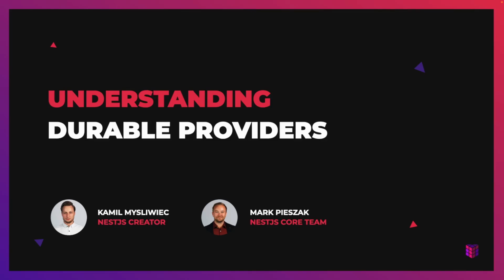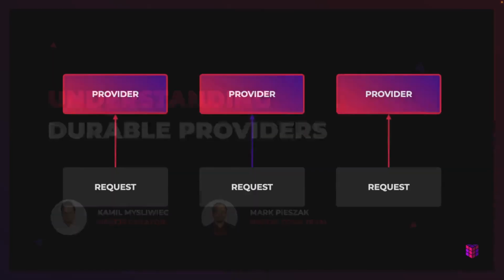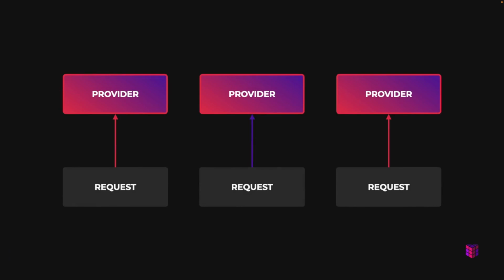Request scope providers can sometimes lead to increased latency since having at least one request scope provider injected into, let's say, a controller instance, or deeper, injected into one of its providers, makes the controller request scoped as well. That means it must be recreated or instantiated for each individual request and garbage collected afterwards. For instance, for 30,000 requests in parallel, there will be 30,000 ephemeral instances of the controller and its request scope